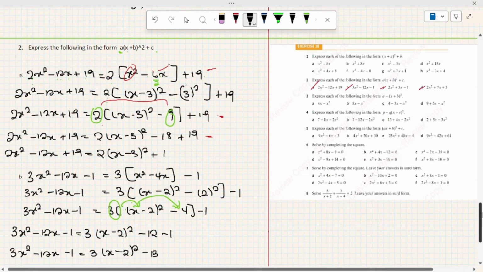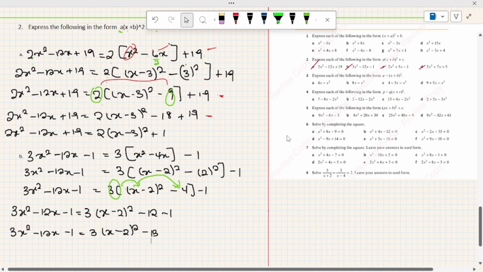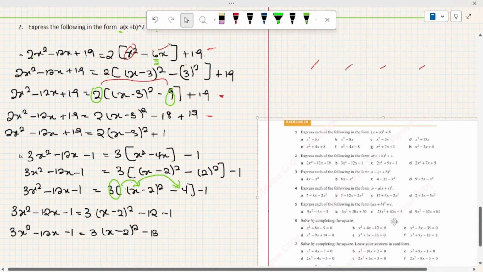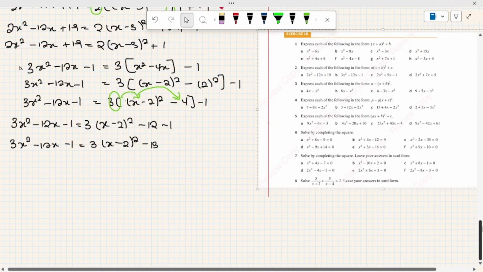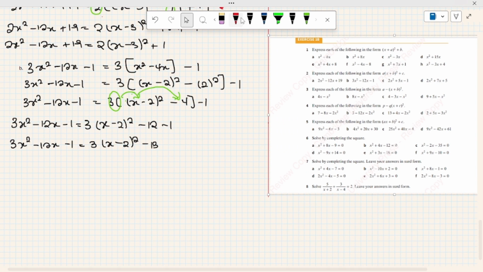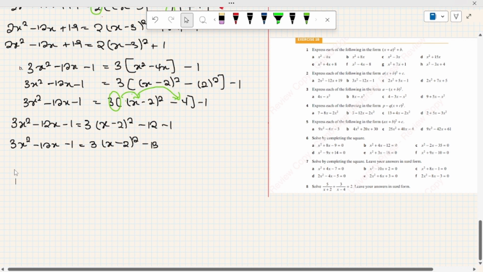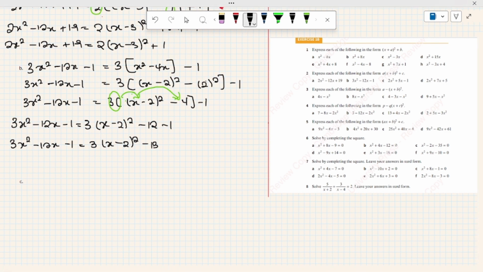So let's go over to the third question. The third question says, this is C. Let's do C. What does C require us to do? C says